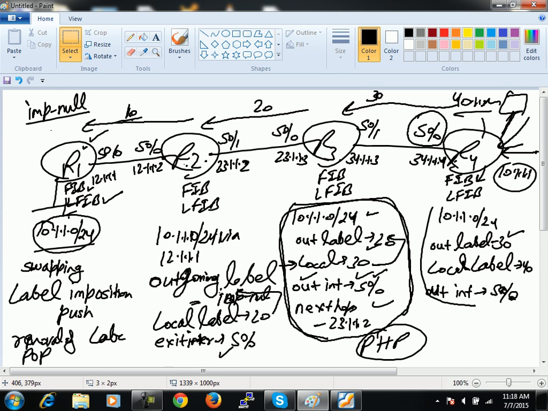Let me show you. Here, because R2 received this prefix from R1 on S0/0 with label implicit null, its outgoing label will now become pop, because the meaning of implicit null is pop. Fine. Now, if a packet is transmitted by this host,